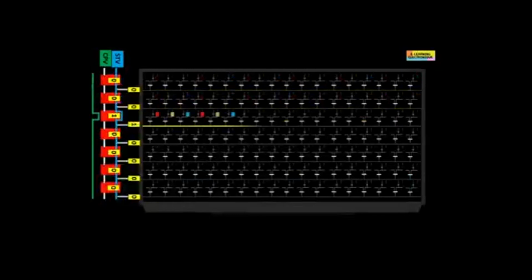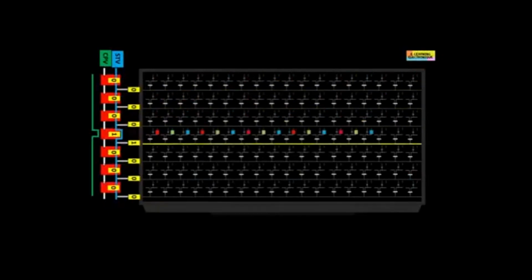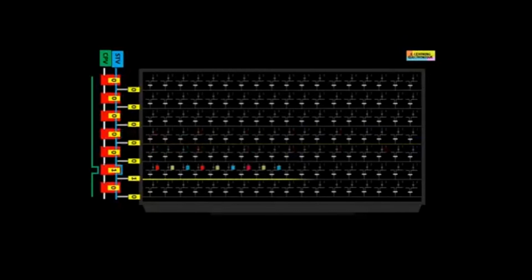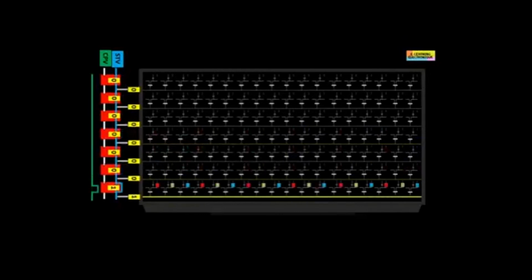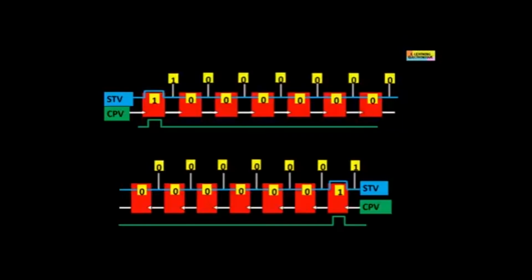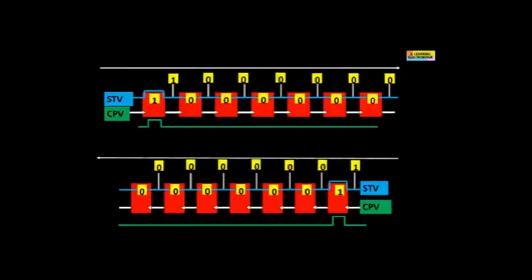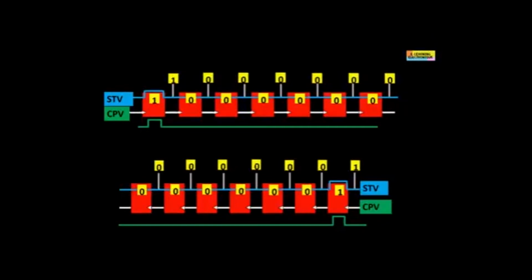STV is the signal of the beginning of the vertical scanning of the frame. CPV is the clock signal which allows to synchronize the output of the data of each flip-flop in a successive way. On datasheets, there are different ways to specify the direction of operation of bidirectional registers. For example, for STV, which is the abbreviation of vertical start, we add a number to STV. STV1 will indicate the direction of the scan from left to right, and STV2 for a scan in the opposite